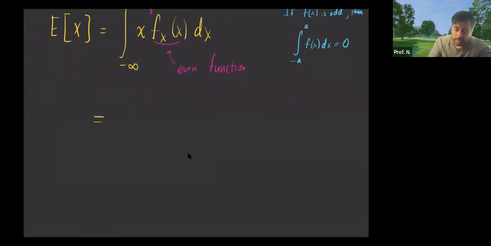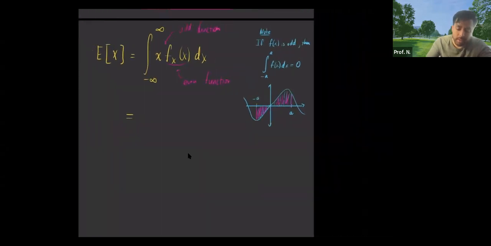Why? Because odd functions, if you know what odd functions look like, they're symmetric across the origin. They have point symmetry. So the area that's accumulated on one end is the same area accumulated on the other side of the integration bound. But the thing is, it's going to be negative. It's going to be the opposite area. So that's why these areas will always cancel out on a symmetric bound for odd functions.